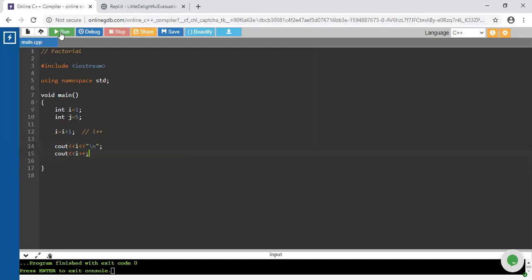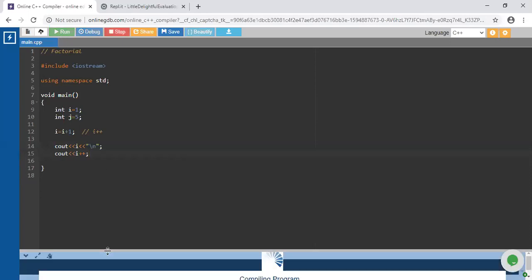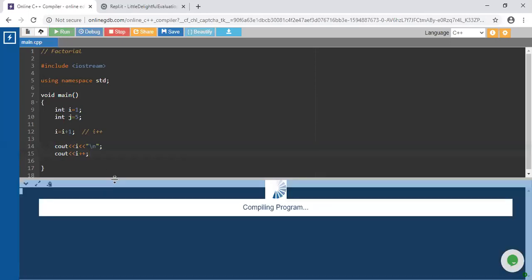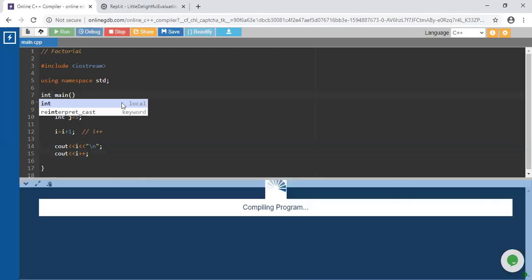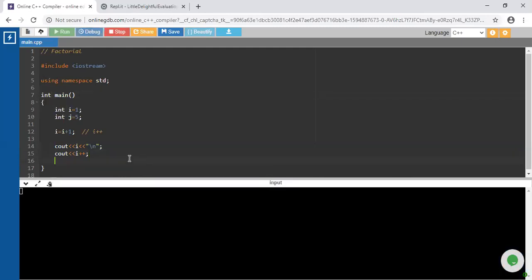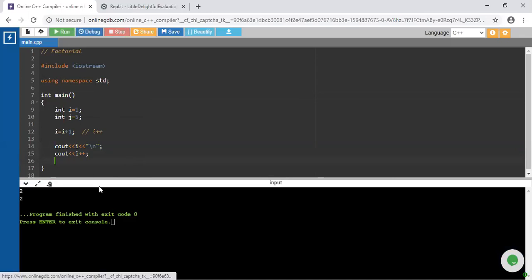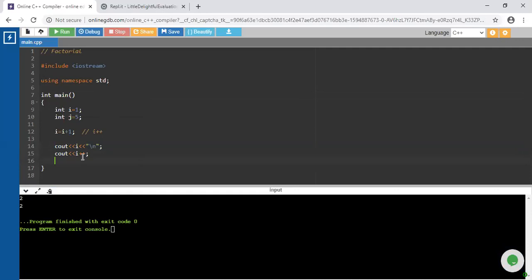Just look at the output, guys. What happened here?